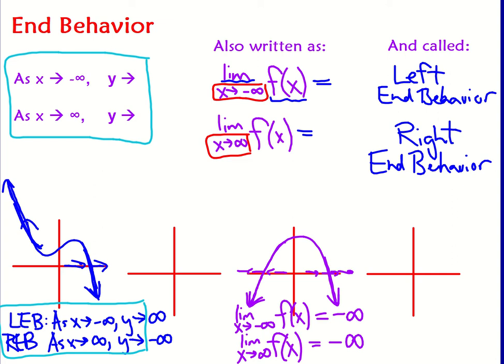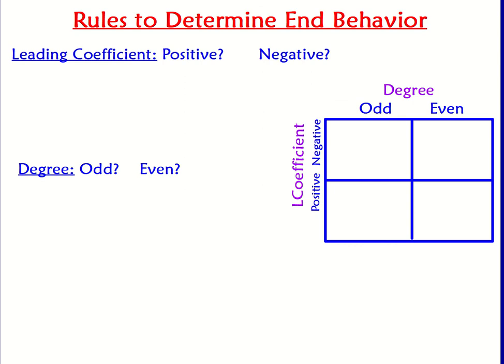There are some rules that we can use when we look at polynomials to determine what the end behavior of the polynomial is going to be without graphing it. So that's kind of nice. We need to look at two different things to be able to do this. The first is whether the leading coefficient is positive or negative, and then the second is the degree, odd or even. So if the leading coefficient is positive,